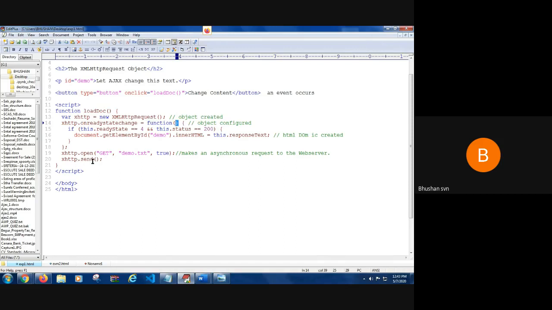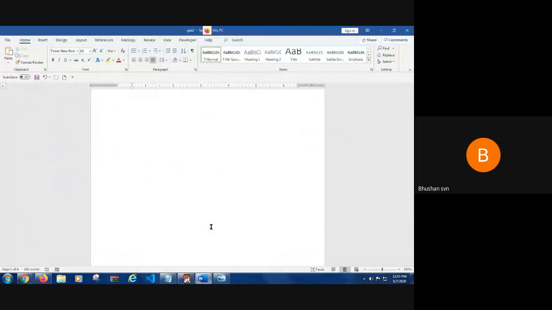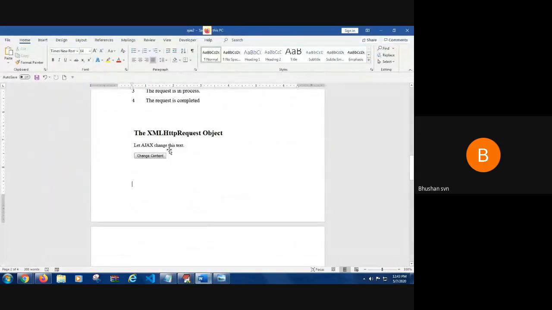http dot send. So I'm clicking on the button, and also I'm reading the contents of this file called demo.txt. When you run this program, this is how the output would be.